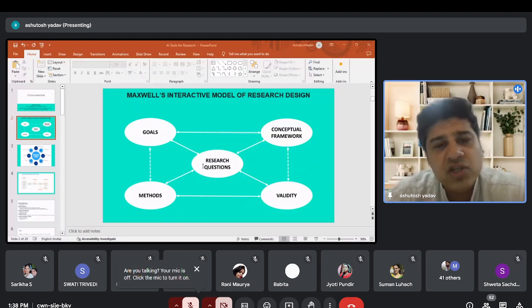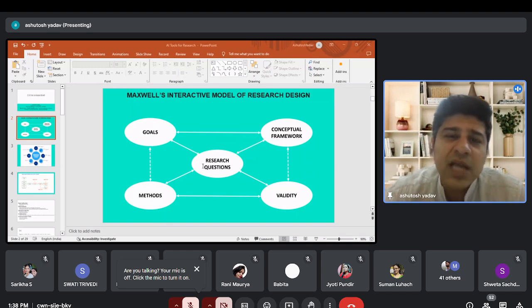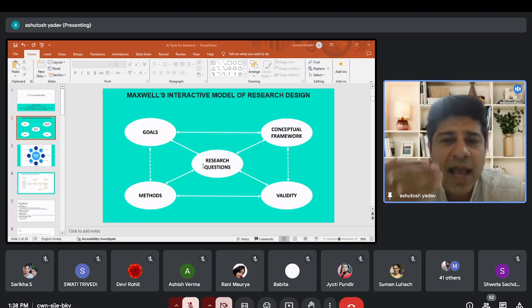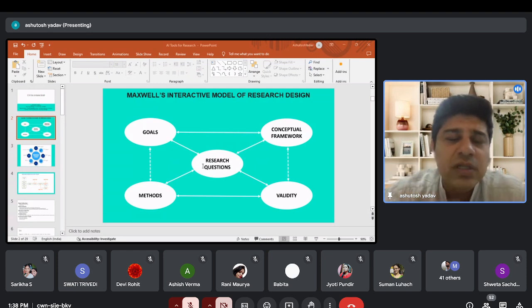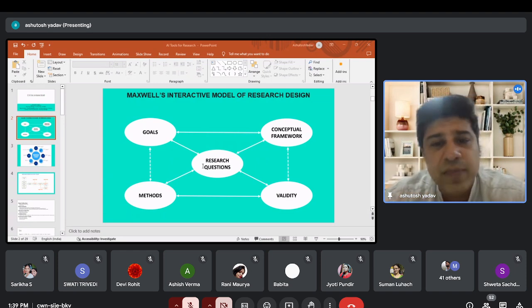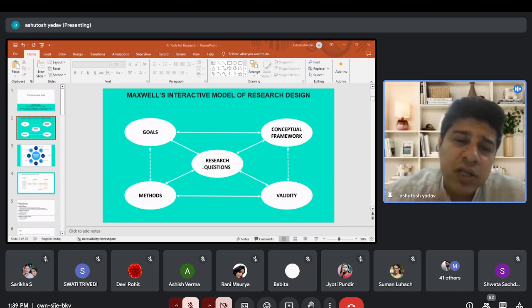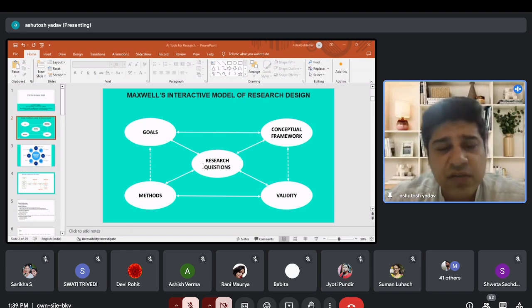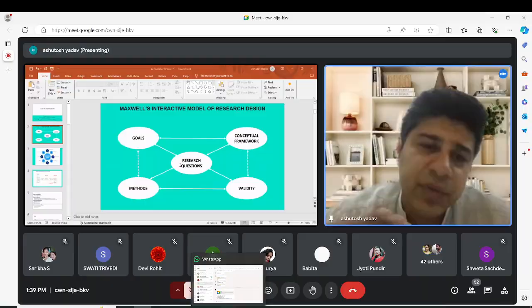Imagine research as a vibrant conversation wherein we start with our research questions, which guide our exploration and shape the methods we choose to employ. But there's a slight twist. As we delve deeper into our study, new insights emerge, data unfolds, and perspectives shift. Maxwell's model acknowledges this fluidity and encourages us to adapt our research design accordingly. This model reminds us that research is not just a one-way street, but a dynamic process of discovery and growth, and that we must be open to revisiting our questions, refining our methods, and re-evaluating our interpretations as we uncover